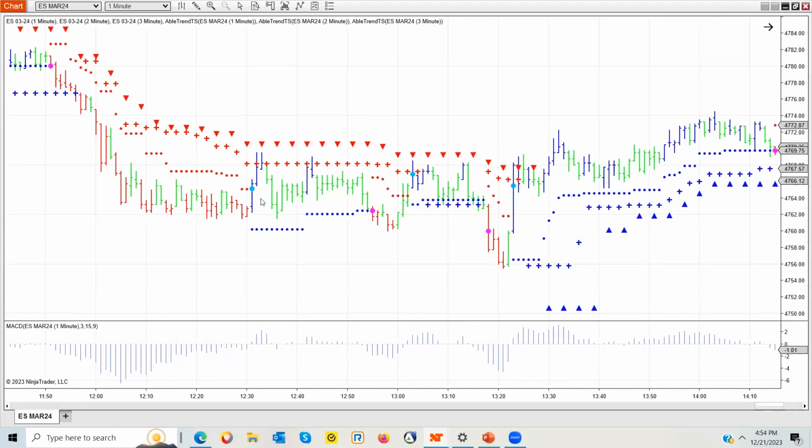This is lunchtime, 12:30 to 1:30-ish, on Wall Street. Basically the markets are flat, really sideways, even though that'd be a winning trade. Now you might look at this chart and go, oh, that's a loser because it started to go down and went up. That's the beauty of the 2-lot strategy, taking half off when you hit 2 points for ES, 10 points for NQ. It's great because we turn what would have been losing trades into winning trades